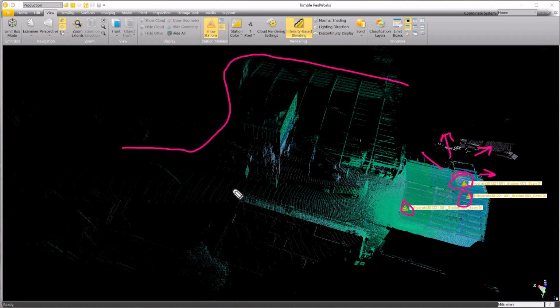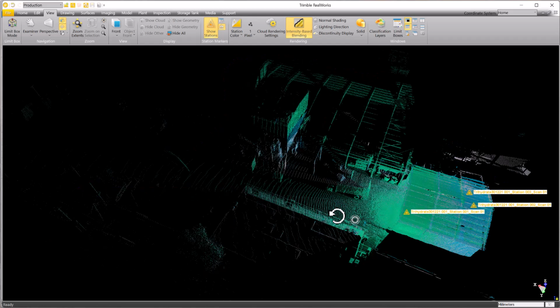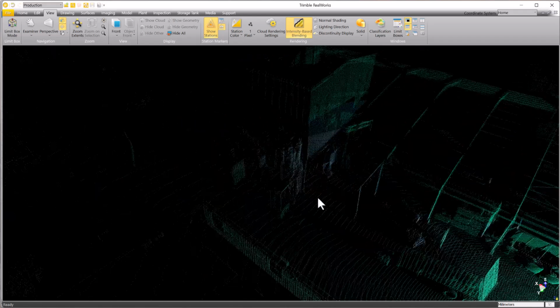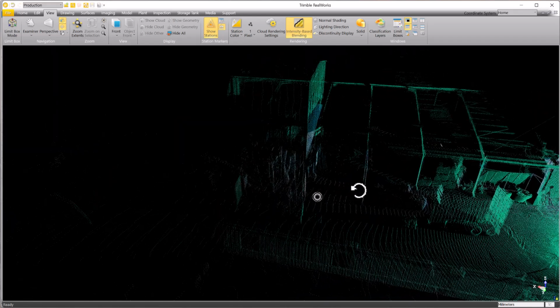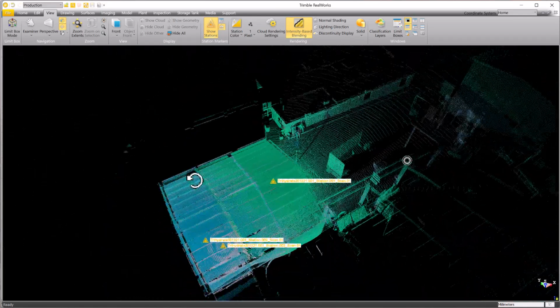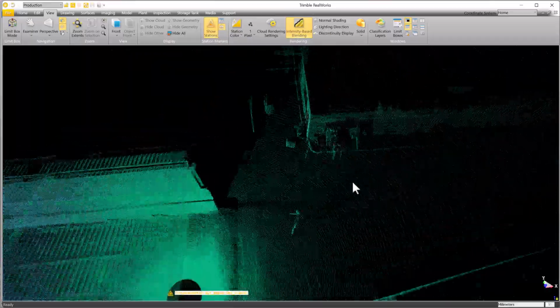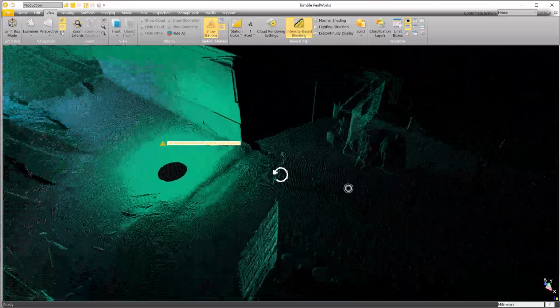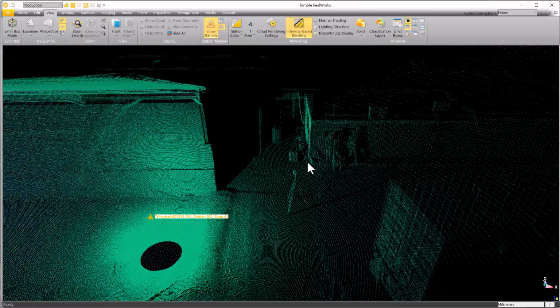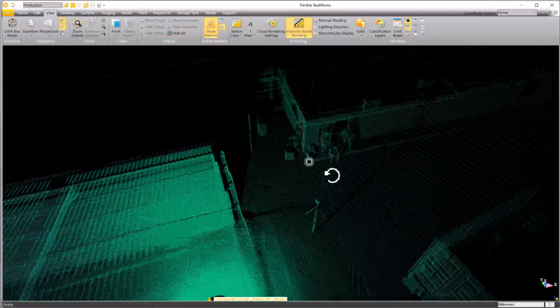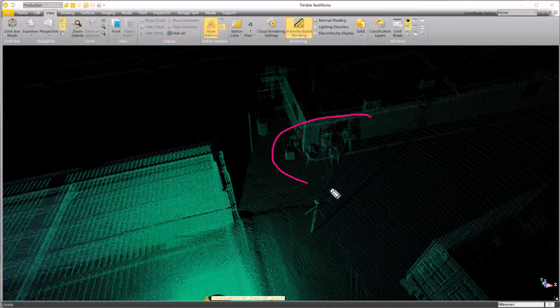You can kind of see where the detail is fading off in the distance, and the idea of this is that each of these points here are laser points that are being collected by the scanning device. Now this is really awesome because these points capture everything. If you look closely here, you can even see the persons that were on site watching while the scanning was happening. You can kind of see the figures outlined here,